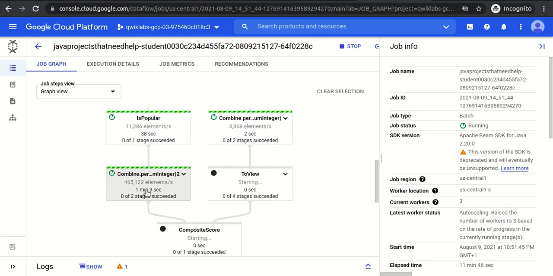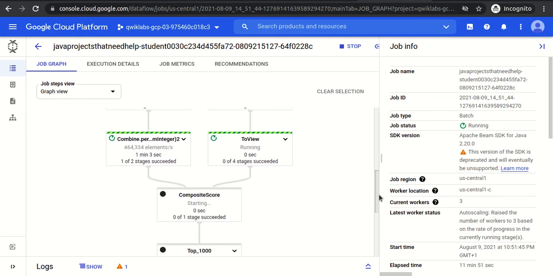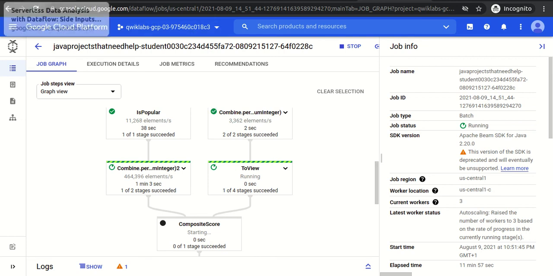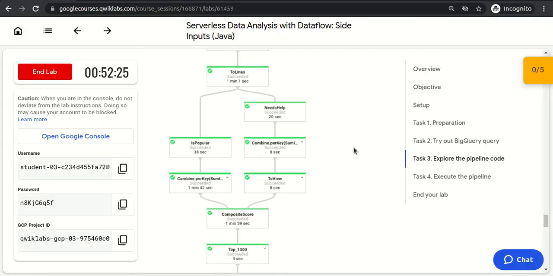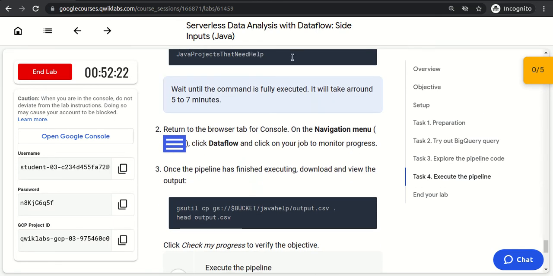It is still running. How much time will it take? Let me check if it is written in the lab. They have told us to wait till the command is fully executed. It will take around 5 to 7 minutes.